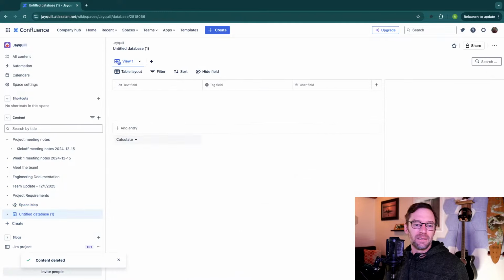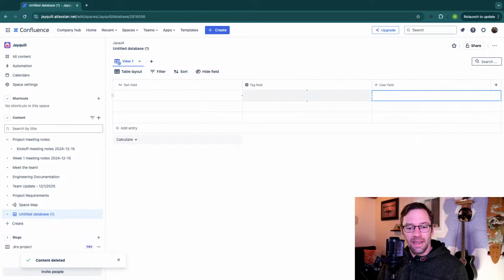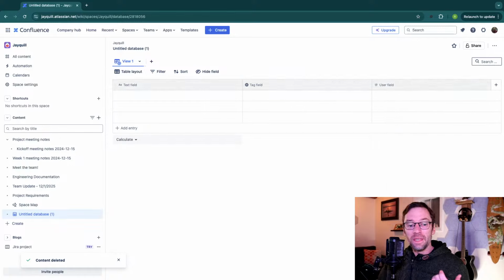I think of a database as what a table wants to be when it grows up, if that makes sense. I've used these for things like project planning. I've seen people use them for CRM. I've used them to plan out Confluence. It looks exactly like a table, but it can also do things like connect to Confluence or Jira. It can do things like add in dynamic user fields. It can pull in some information from Confluence. So here,